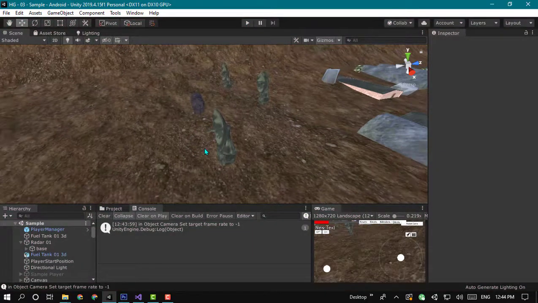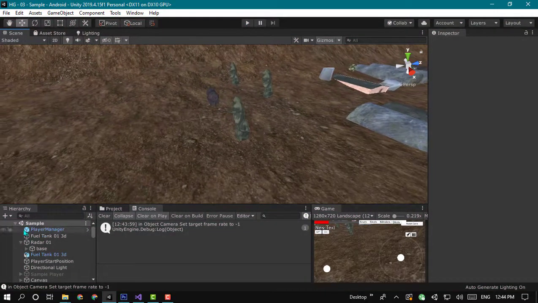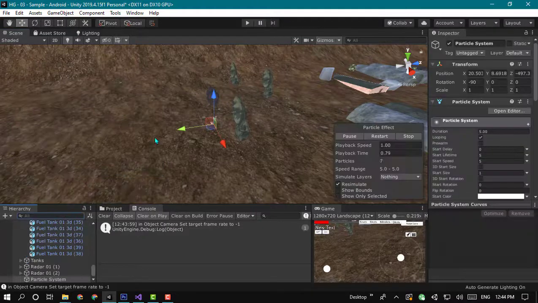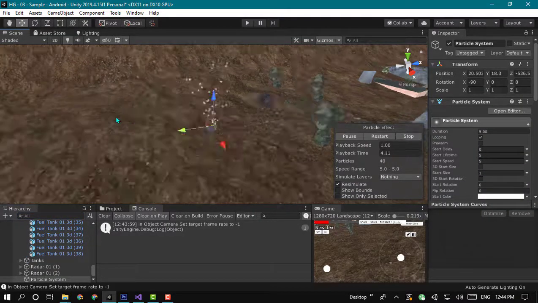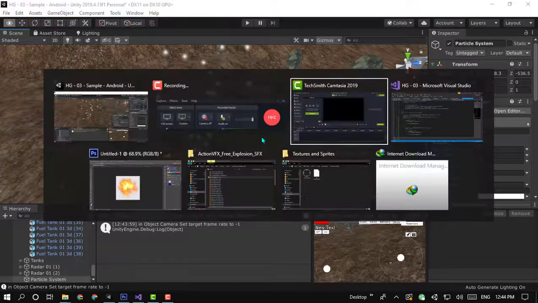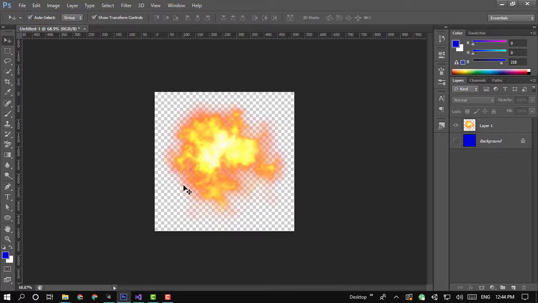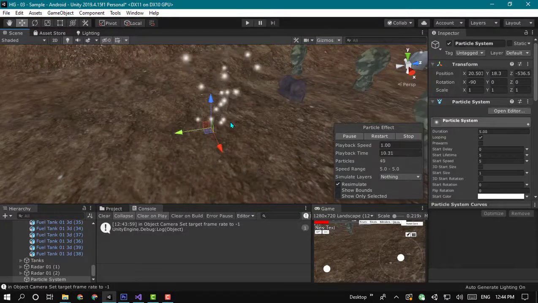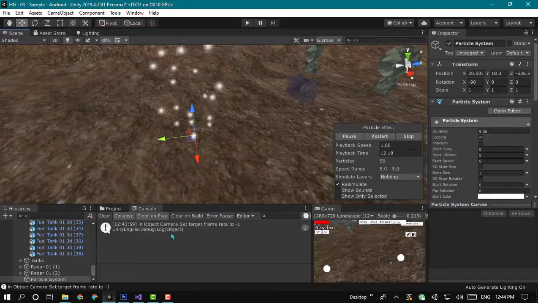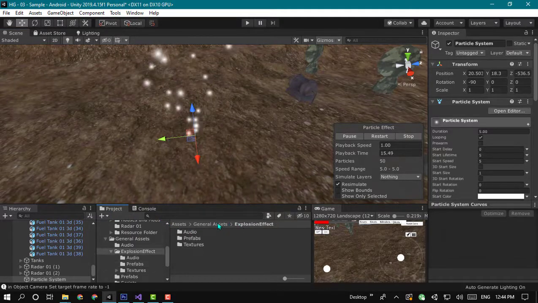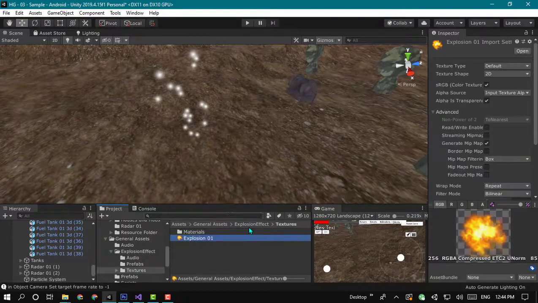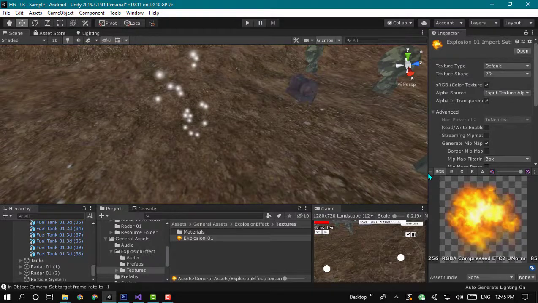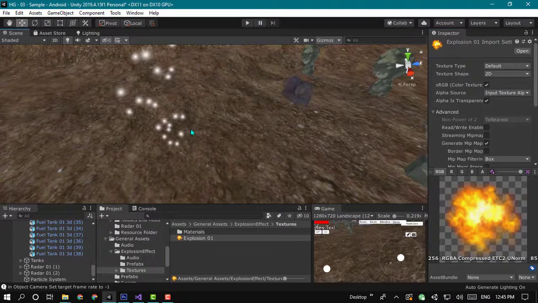So I create a particle system, and I want to use this picture as material for my particle system. So I have this here. Yeah, I put a link in the description to download, and